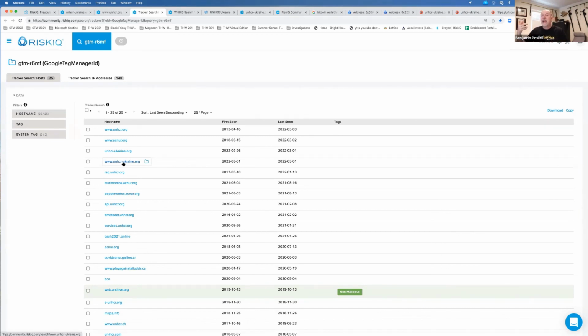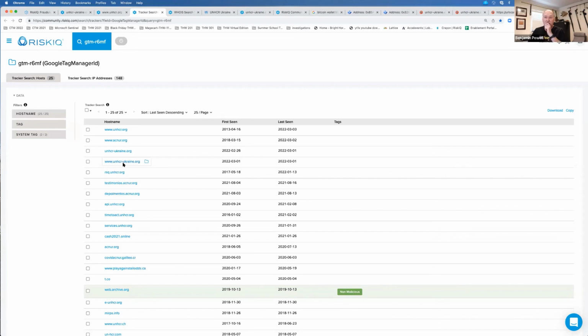But because we're gathering this, it gives you the capability now to look at your own stuff and see if anything bad is associated with it. And if they are, that means somebody's duplicating your infrastructure, the way it looks and appears on the internet, to attack your brand, your customers, and potentially your internal users as well.